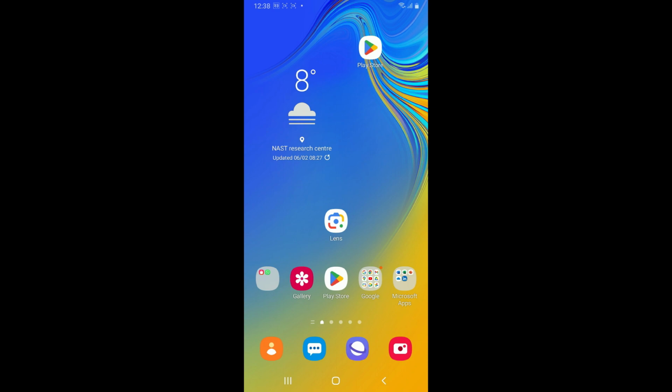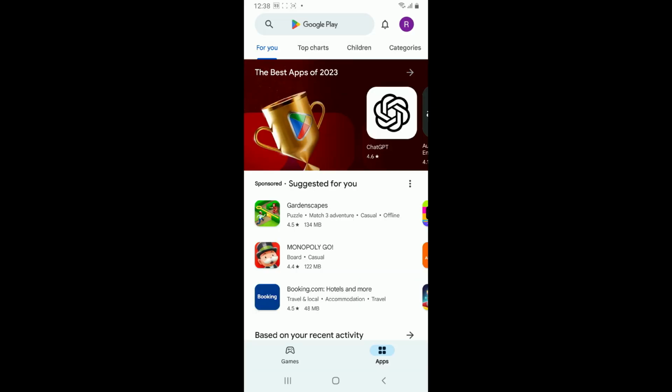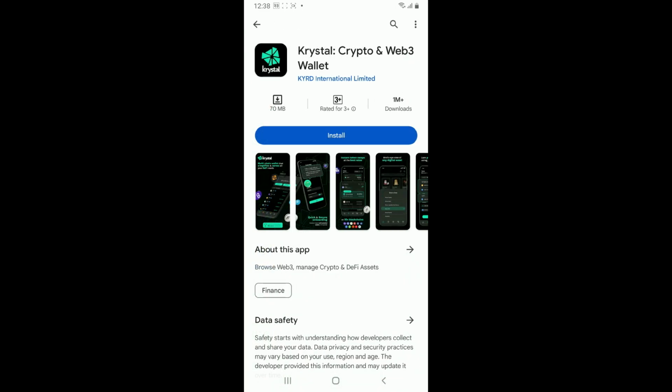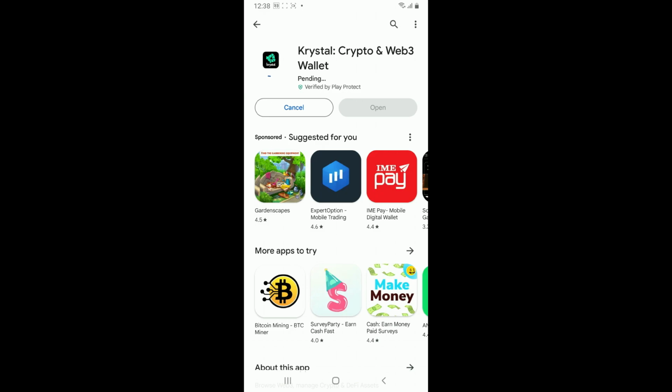First of all, tap open your Play Store. Soon after you do that, go to the search box at the top and type in Krystal and search. Look for this application from KYRD International Limited and tap on the install button to begin downloading the app on your Android. Krystal is a mobile application focused on liquidity provisioning on decentralized exchanges that offers tools for managing DeFi